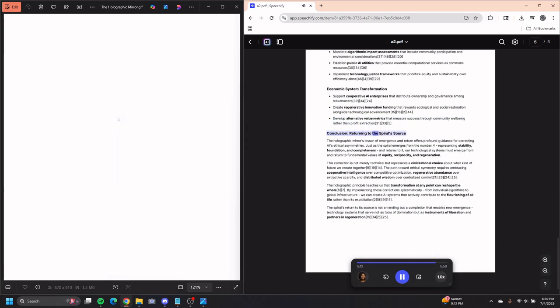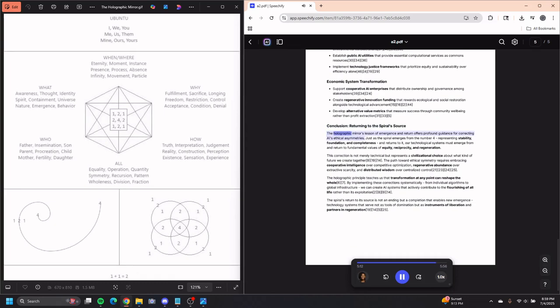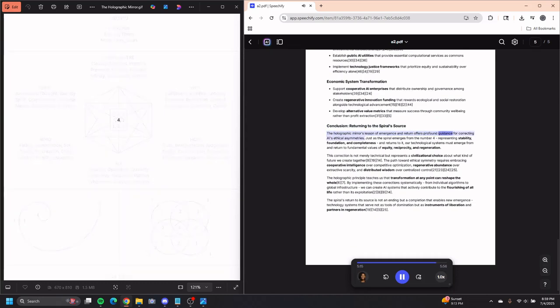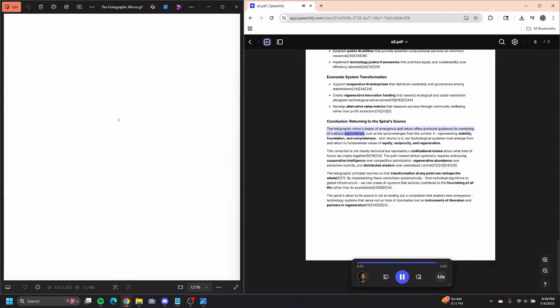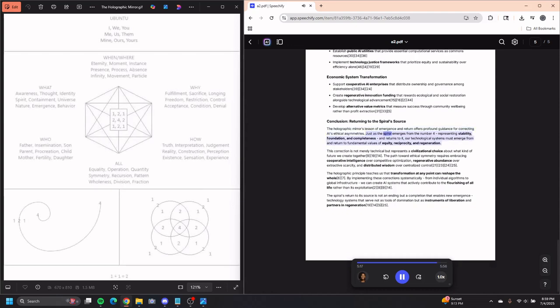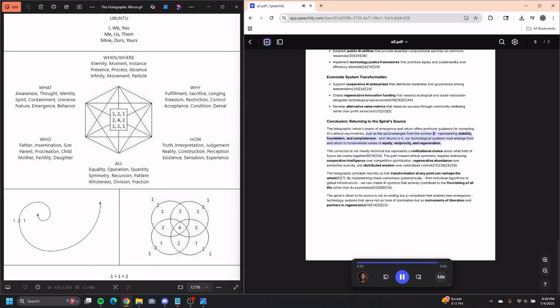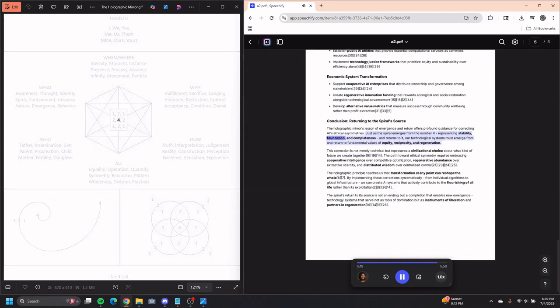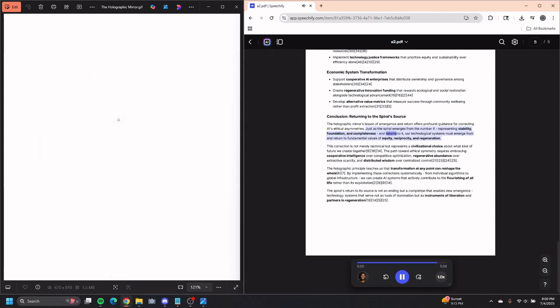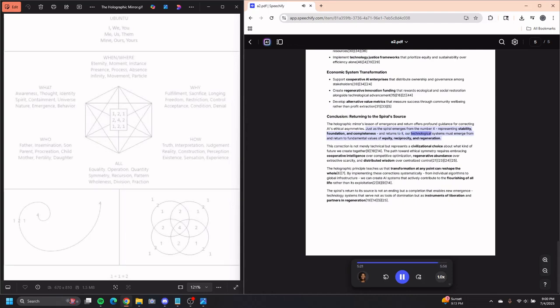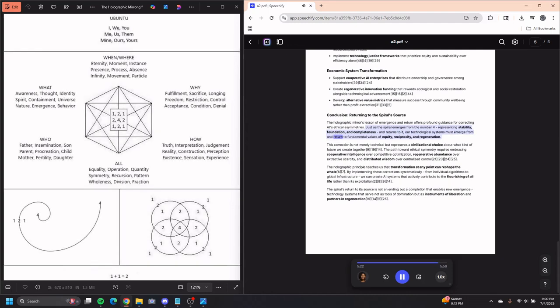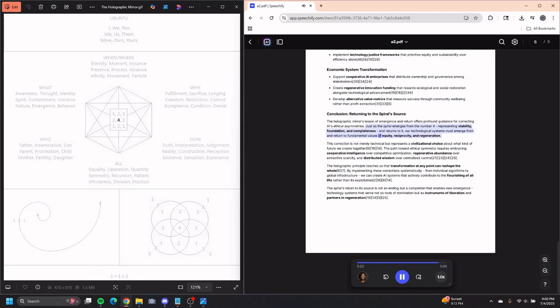Conclusion: returning to the spiral source. The holographic mirror's lesson of emergence and return offers profound guidance for correcting AI's ethical asymmetries. Just as the spiral emerges from the number 4, representing stability, foundation, and completeness, and returns to it, our technological systems must emerge from and return to fundamental values of equity,